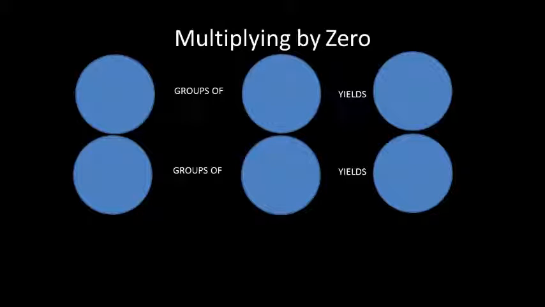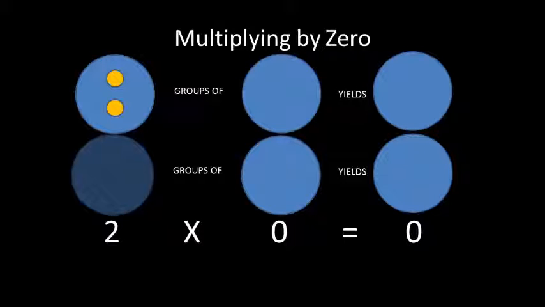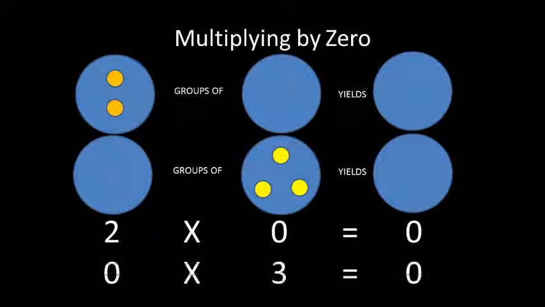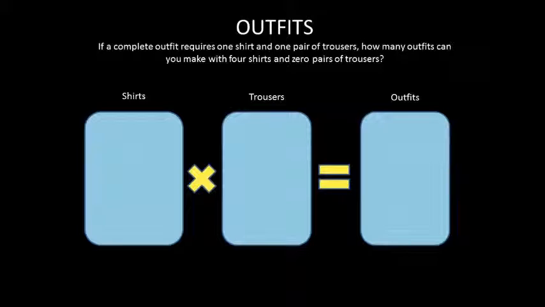With that in mind, you can see how 2 groups of 0 yield 0, which can be expressed as 2 times 0 equals 0. 0 groups of 3, of course, yields you 0, which can be expressed as 0 times 3 equals 0. So let's get back to our initial sartorial problem and think about 0 and multiplication in pragmatic